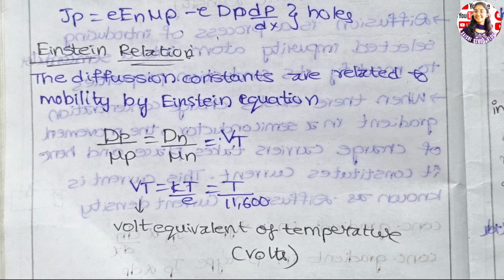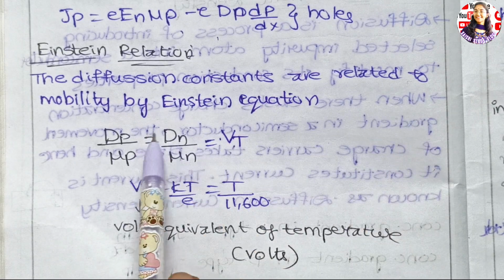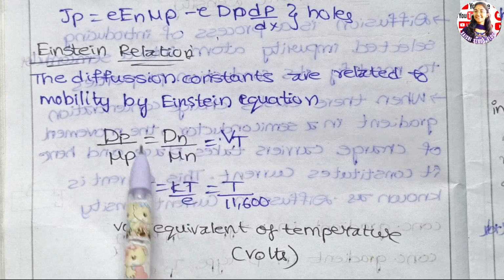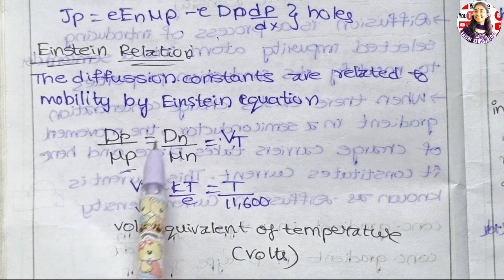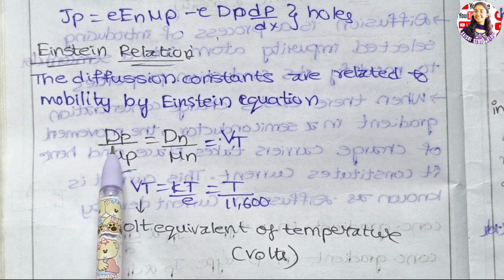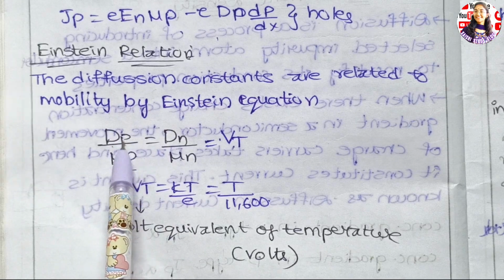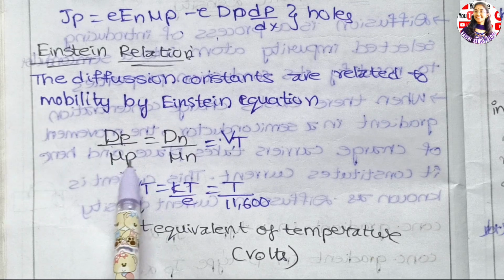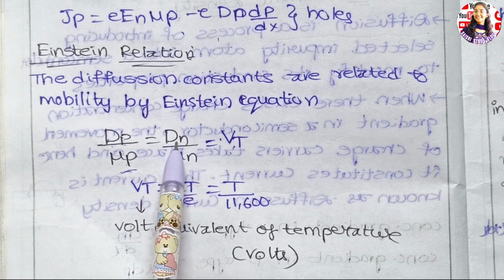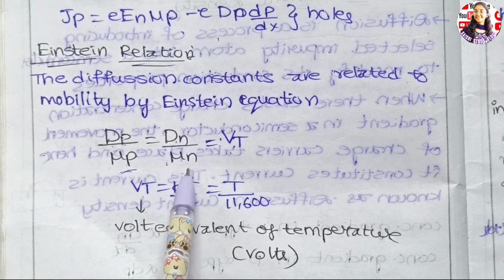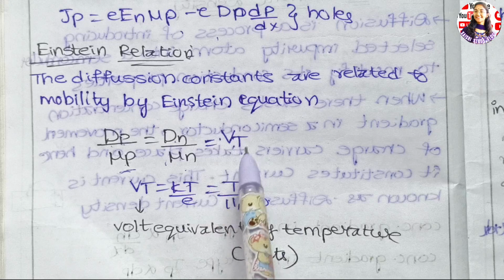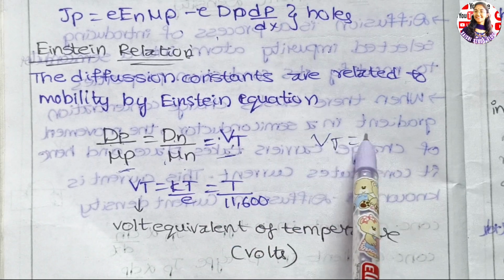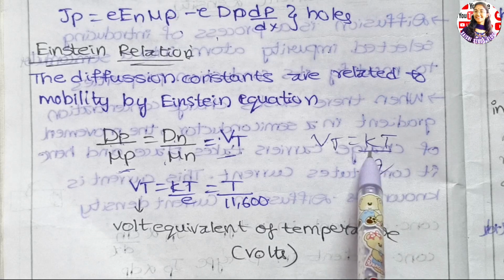And the Einstein relation: the diffusion constants are related to mobility. So these are related with the mobilities. The relation we have is the diffusion coefficient of holes to the mobility of holes is equal to the diffusion coefficient of electrons to the mobility of electrons, that is equal to Vt. We already know that Vt is equal to kT by Q. K is the Boltzmann constant, T is the temperature, Q